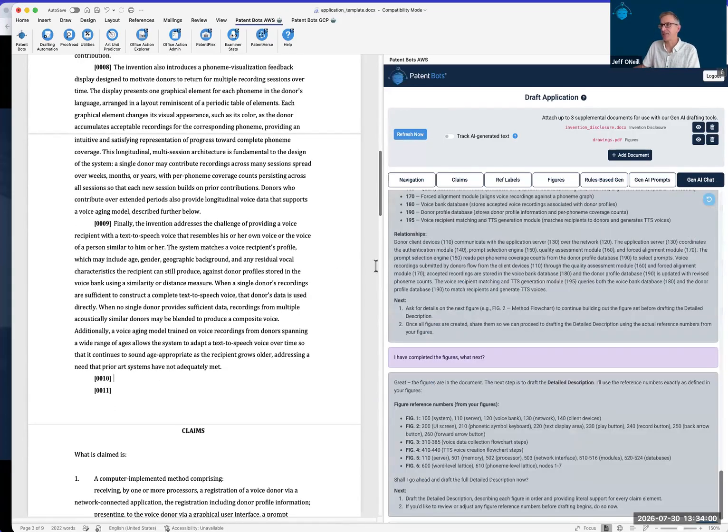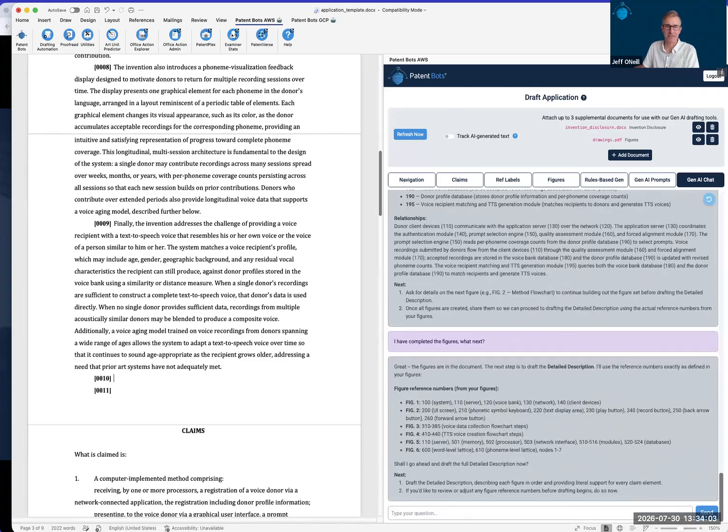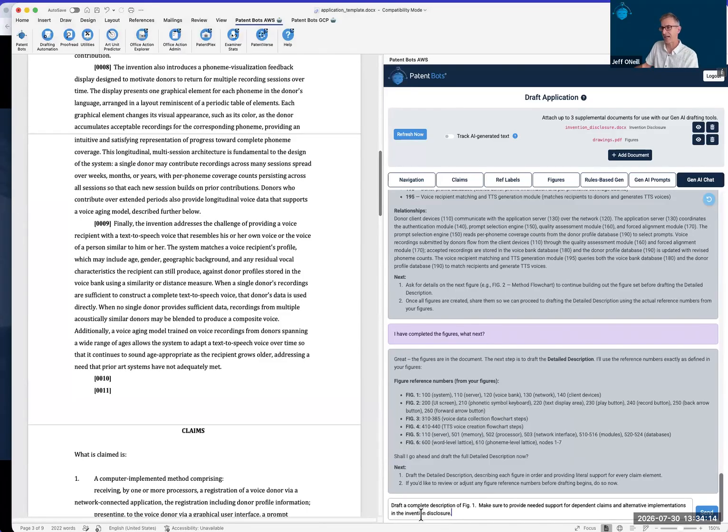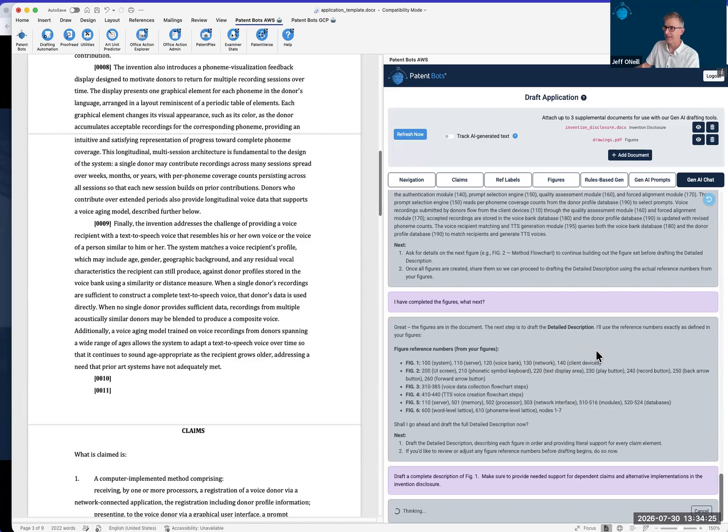All right, so with the introduction, let's get started with drafting the meat of the patent application. And I'm just going to do the descriptions of the figures in order. So here I'm saying draft a complete description of figure 1. Make sure to provide needed support for dependent claims and alternative implementations in the invention disclosure. So now we're sending that off to Claude. Claude has the invention disclosure, it has the description of the drawings, it has the claims, it has the intro that were just done. And it's going to go ahead and